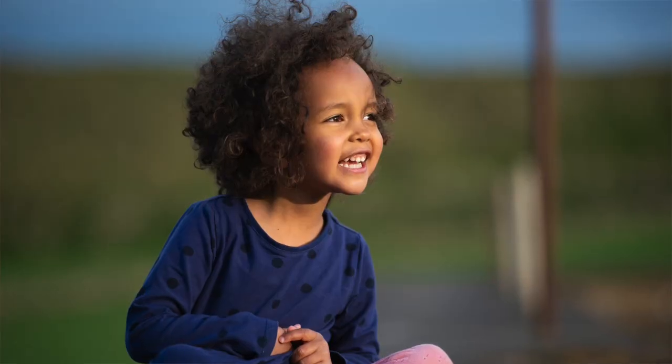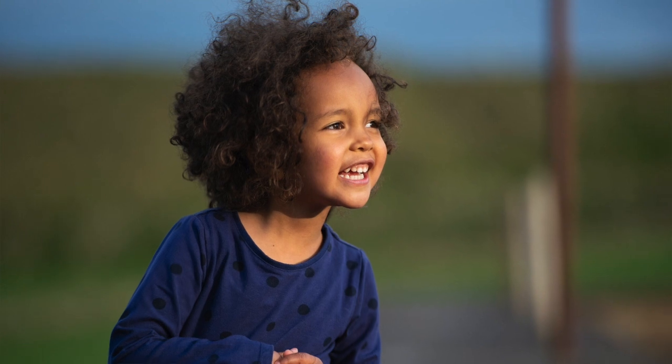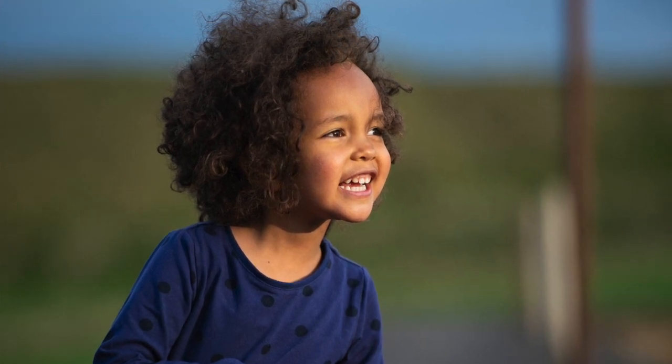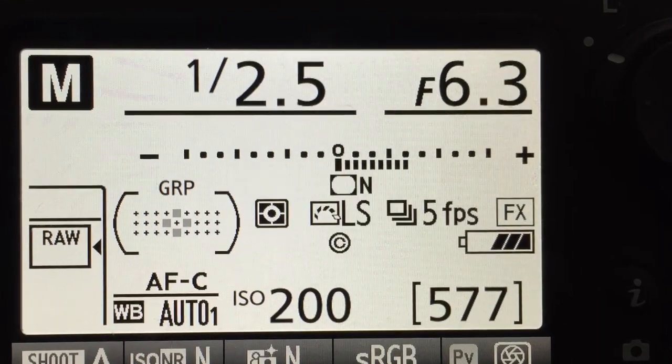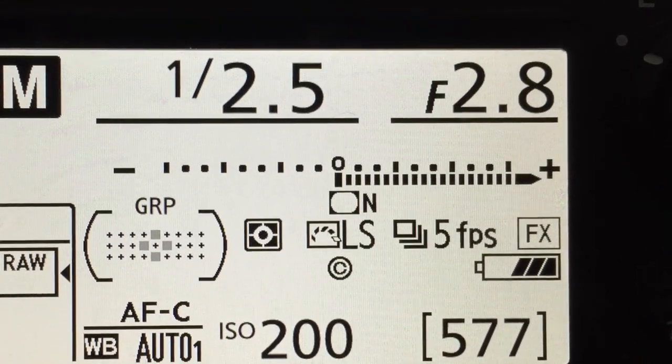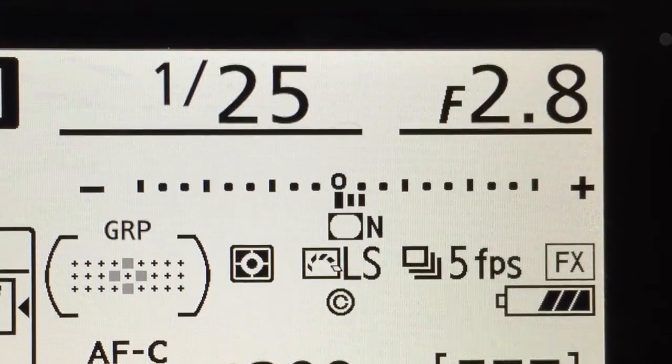The answer is that different camera settings will give your picture a different look. Remember, aperture affects depth of field and shutter speed affects how movement is captured. So for example, say you wanted to do a portrait with a shallow depth of field. You just want the subject's face in focus and the background to be blurry and out of focus. You would start by choosing a wide aperture. Start with say f2.8, f3.5, f4, something like that, and then use the shutter speed to balance up the exposure